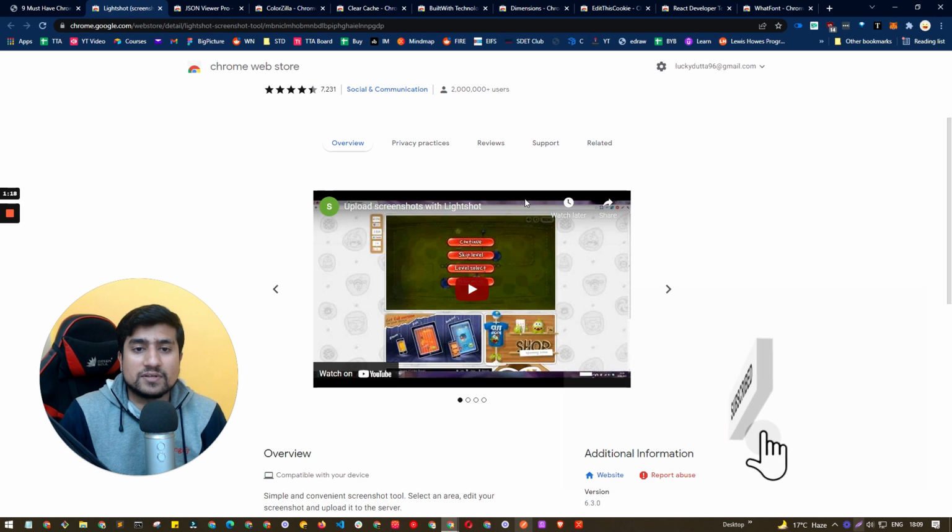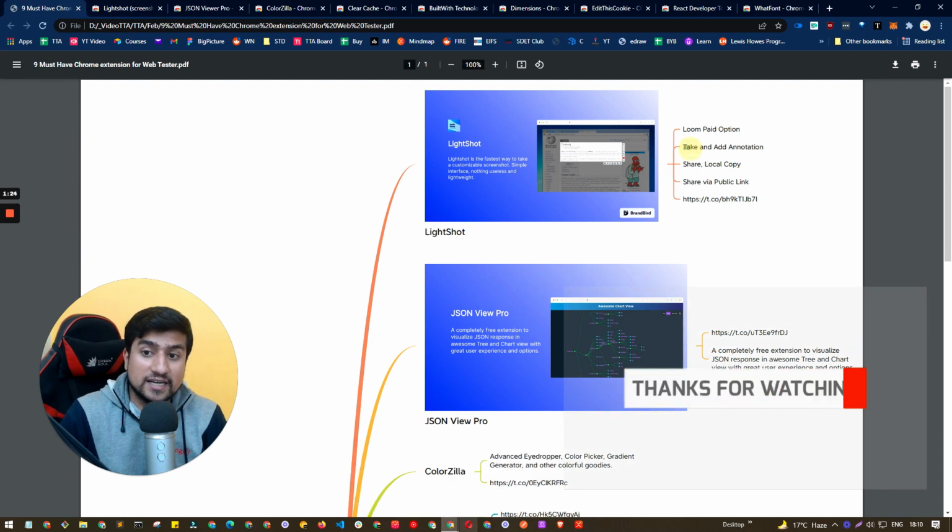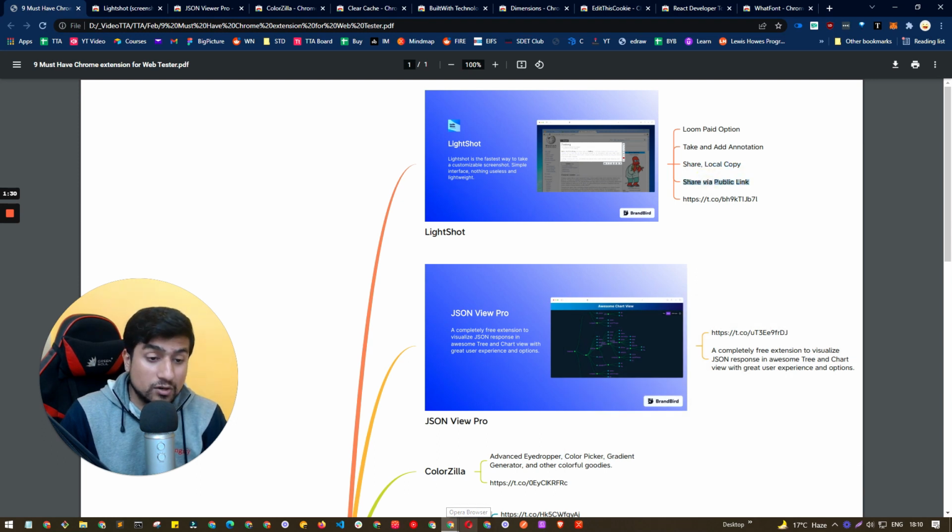So you have a couple of options available on LightShot. Let me show you, you can take a screenshot and do an annotation. You can share a local copy as well as a public copy. You can share a public link also, which is really important for you. You can download